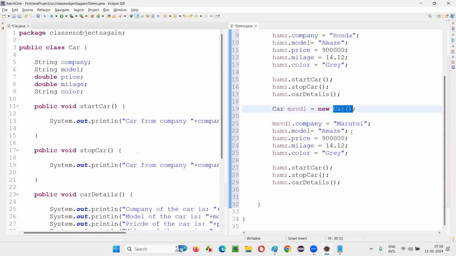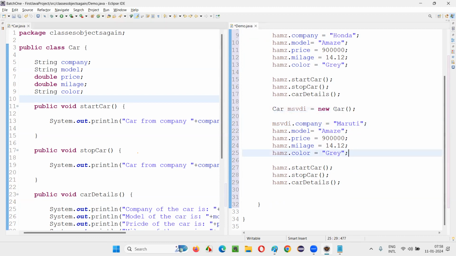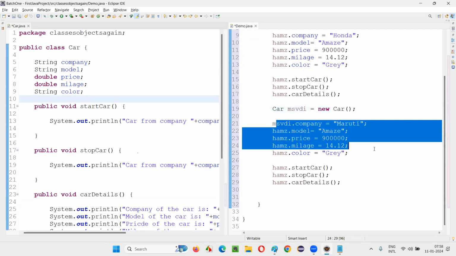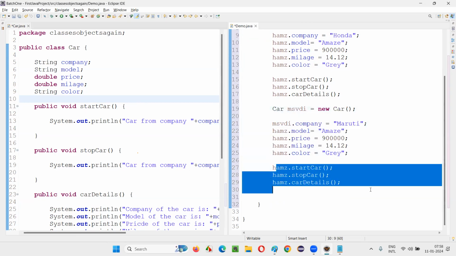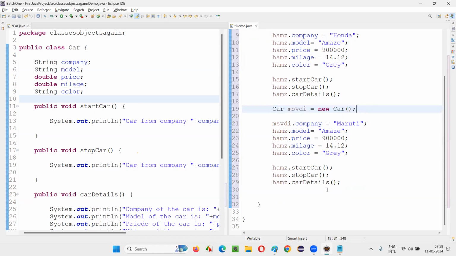Second object. This is second object, guys. I'm creating a second object. This is a constructor calling statement, which is calling an empty hidden constructor here. So no error is coming here. But without constructor also, I'm able to initialize the variables, right? And call the methods and all. Object creation, there is a reason, right?